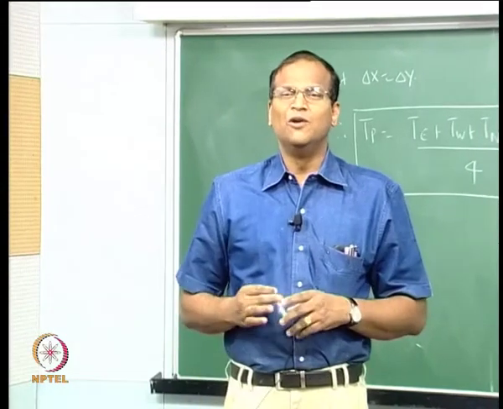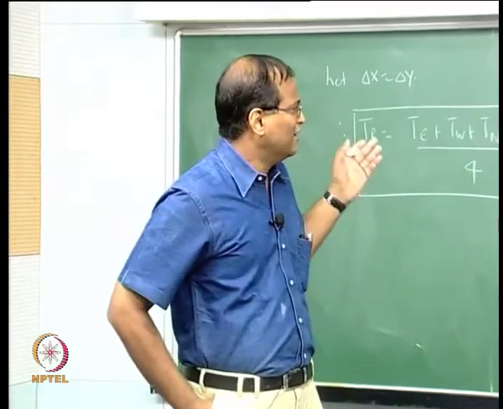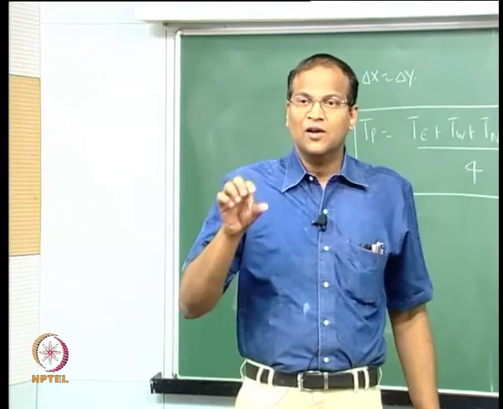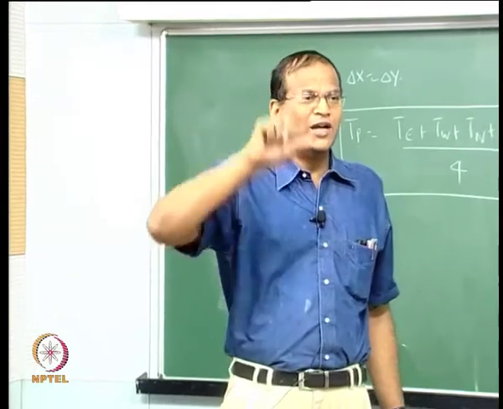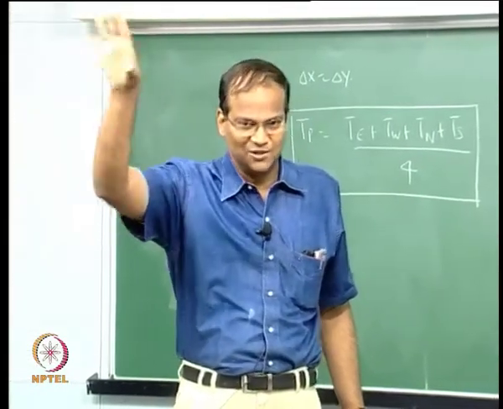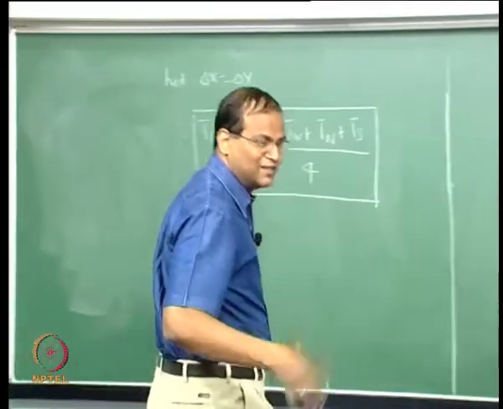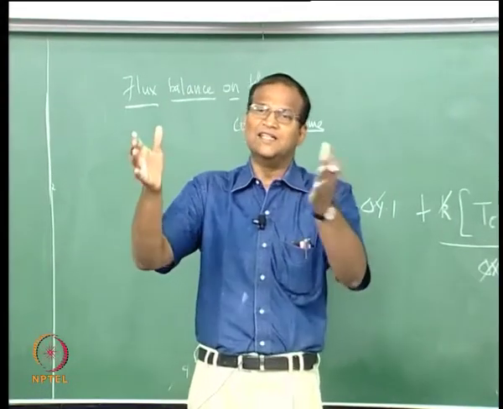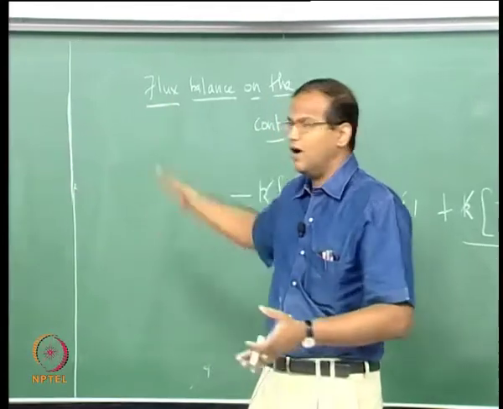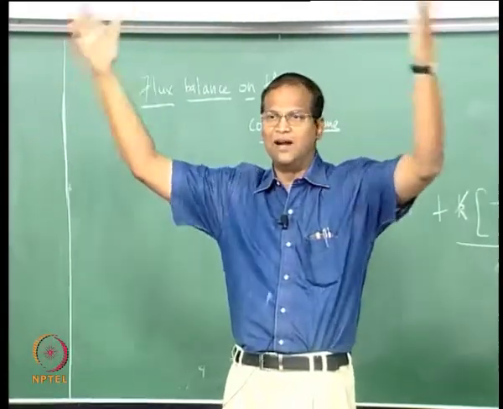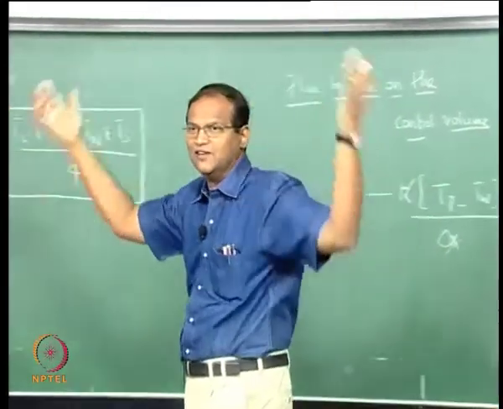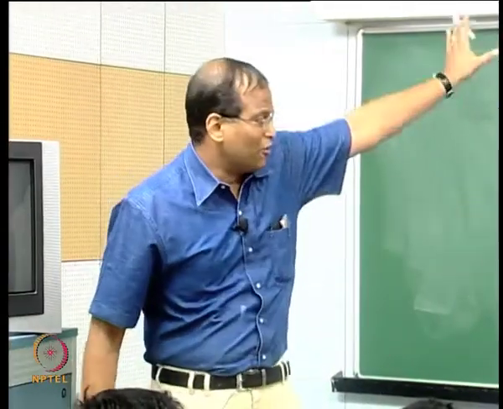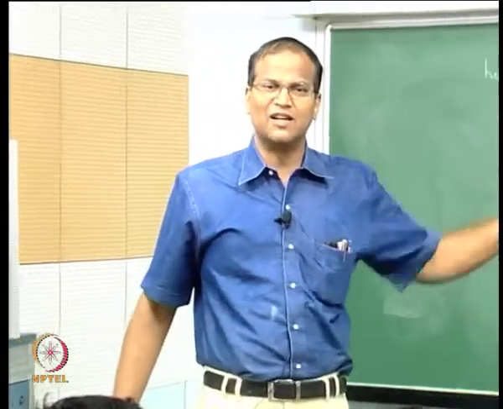What the FEM people will do here is, instead of taking dT/dx as (Tp minus Tw) by delta x, they will put T as A plus Bx plus Cx squared. Then they will get these A, B, C elemental coefficients, evaluate them for all control volumes, assemble a matrix and solve it, and use the shape function of the element and all that. So this formulation for FEM also starts here, then they will start playing later on.